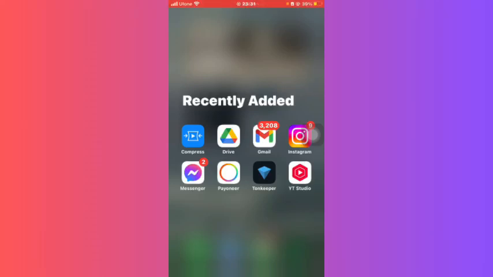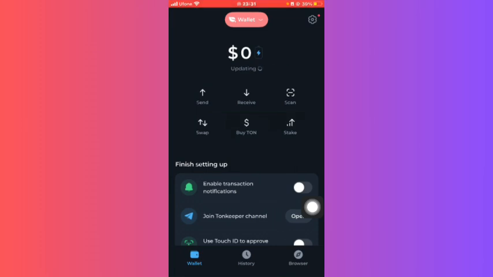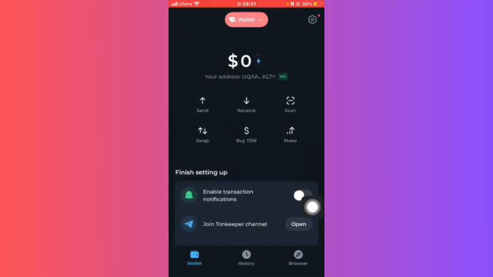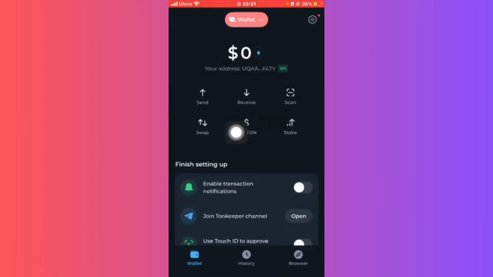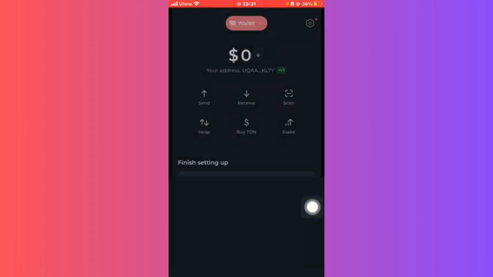In this tutorial, I'm going to tell you how you can swap from USDT to TON on Tonkeeper wallet. So let's begin. For that, first of all, you'll have to open your Tonkeeper wallet and you will be redirected to the wallet homepage. After that, you'll have to click on the swap icon over here, and then you